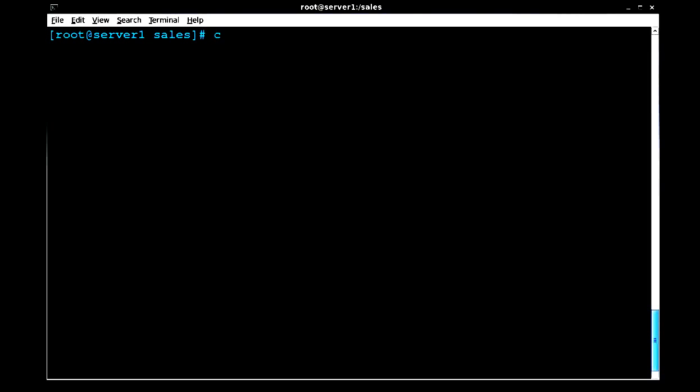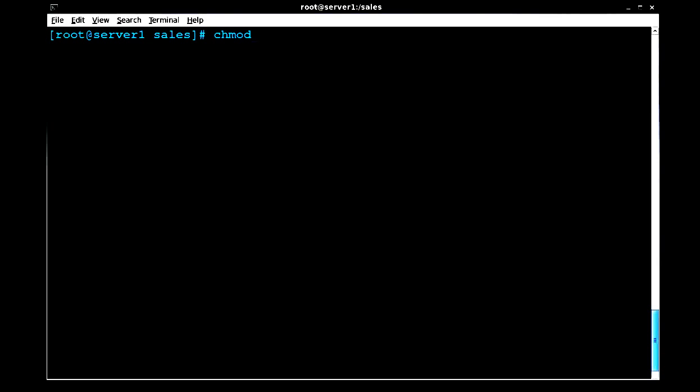Right, the other thing we talked about was the chmod command, whichever way you'd like to say it. That command allows us to change permissions on files and folders. Once again, we can do it two different ways. We can do it with the letters representing the permissions, or we can do it the numeric way with the